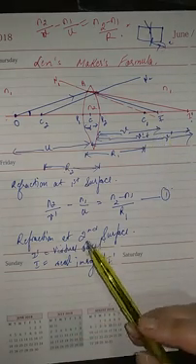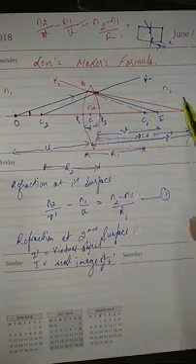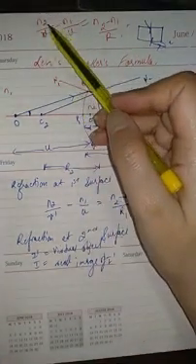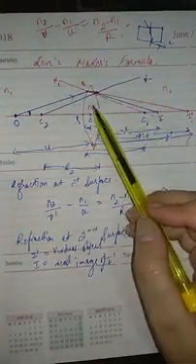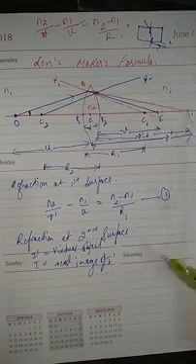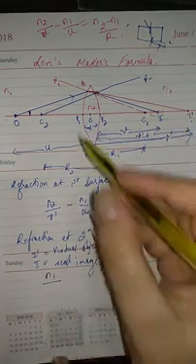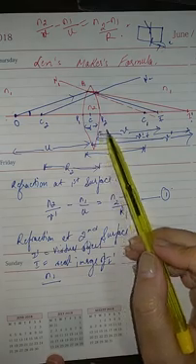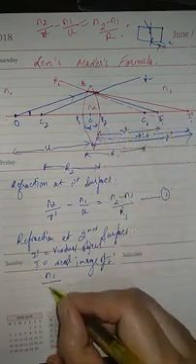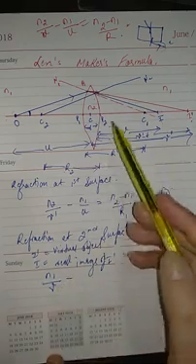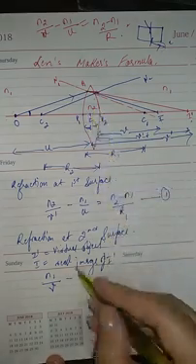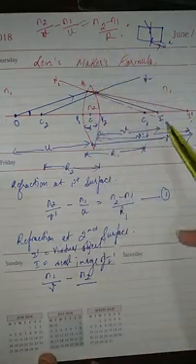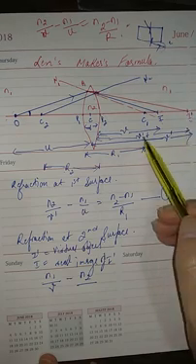Now for refraction at the second surface, from the denser medium to the rarer medium N1, comparing with this equation, N2 is the refractive index of the first medium. Over here, light is falling from N2 to N1, so the second medium is N1. N1 by V, where V is the image distance between P2 and I, minus N2 divided by the object distance. What is the object distance? The distance from P2 to I dash, that is V dash minus T,